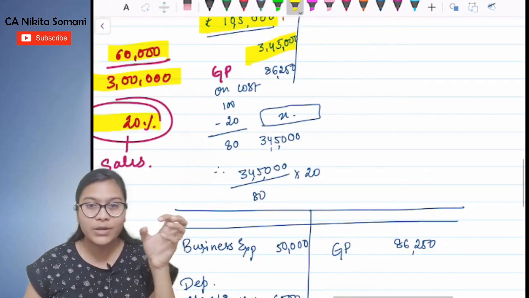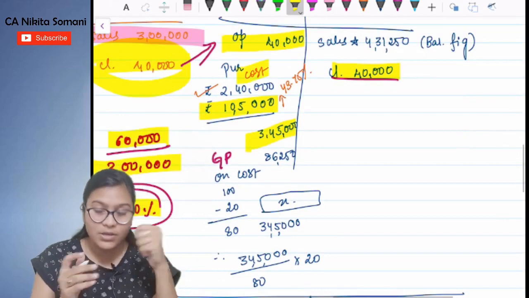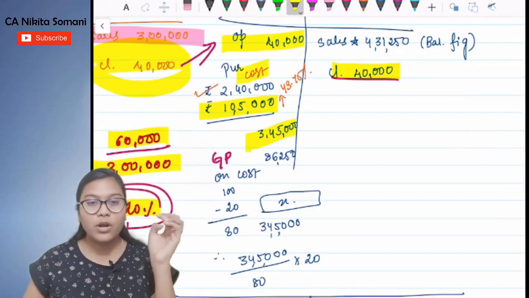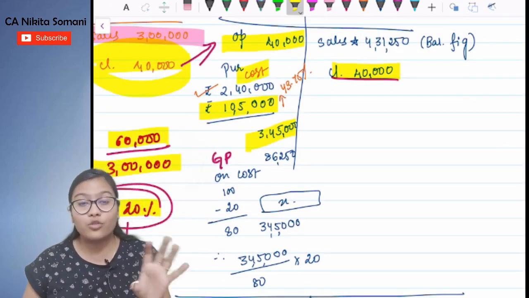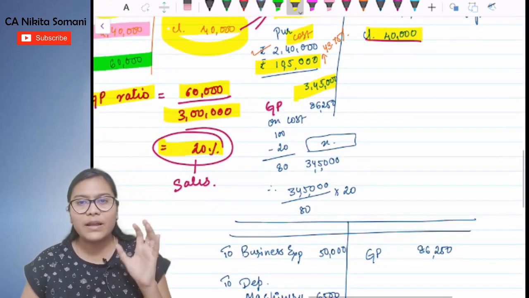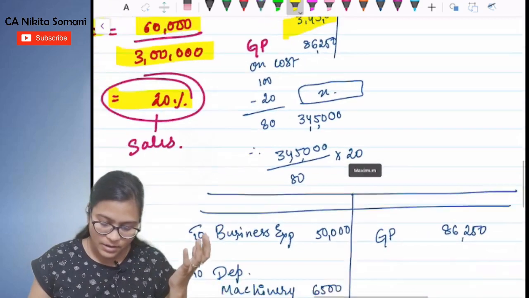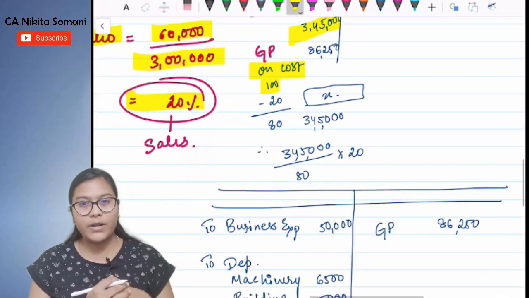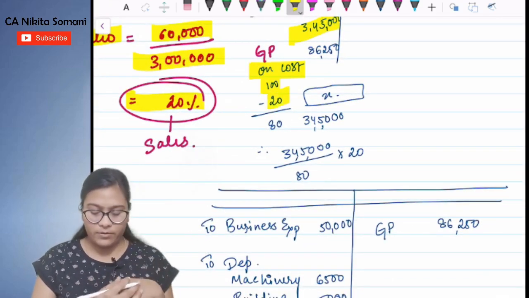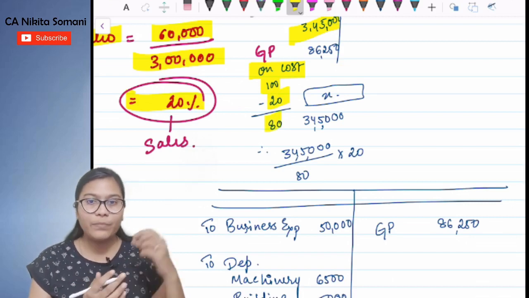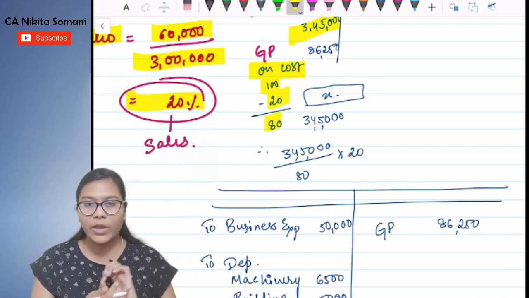Now see, जो पहले हमने ये GP रेशियो निकाला, this 20% is on sales and now what we have here is cost. We don't have sales. तो अगर 20% sales पर है तो cost पर कितना? So simply that comes to 25% of cost. But if you go logically, you can do it this way. See, 100 is sales, 20 is profit. So cost would be how much? 100 minus 20, cost would be 80.